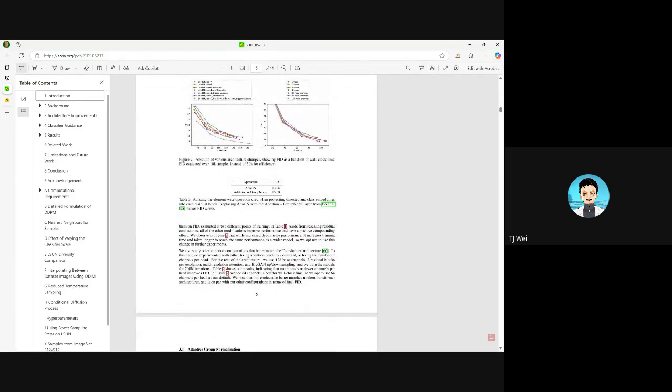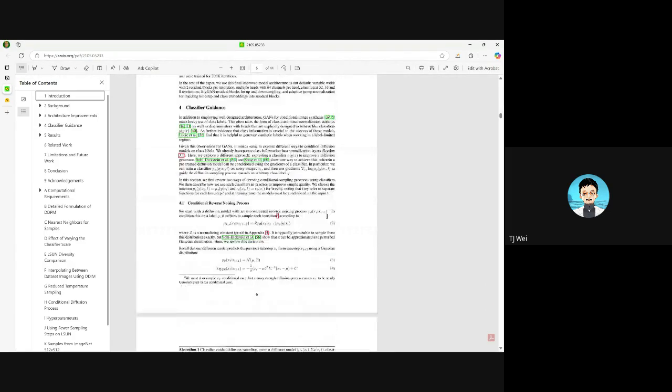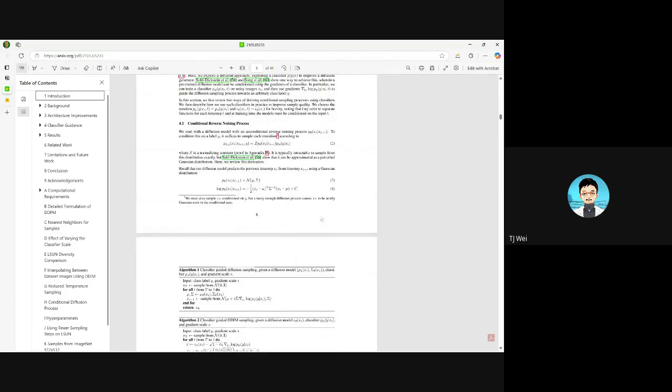But the true ChatGPT moment of the diffusion model is more like Stable Diffusion, which we will probably cover later in today's lecture after we discuss the foundation of these models. But